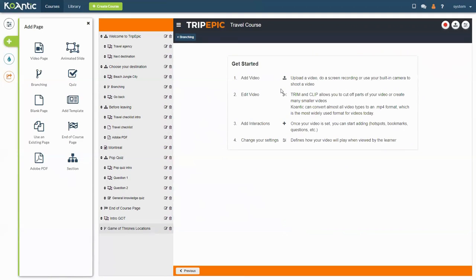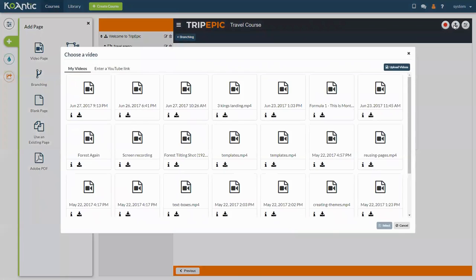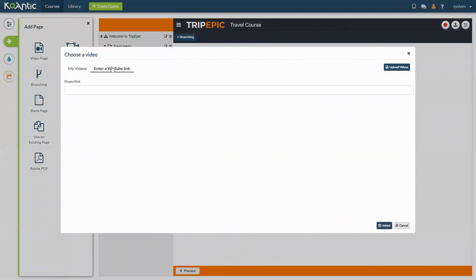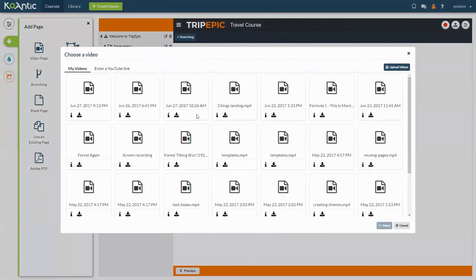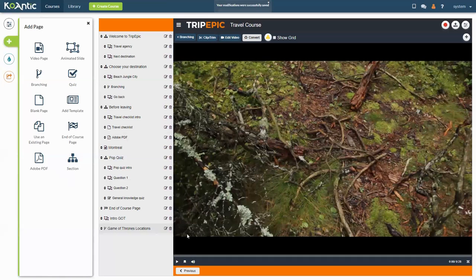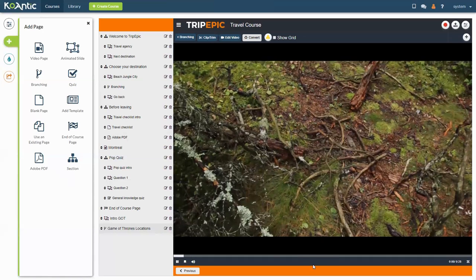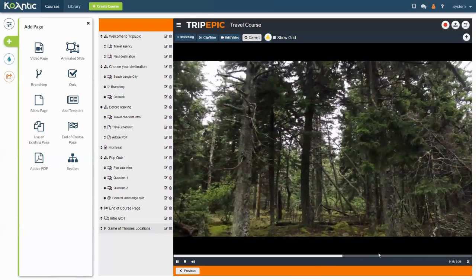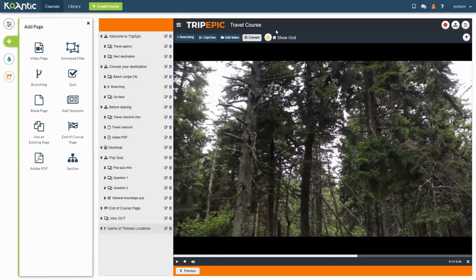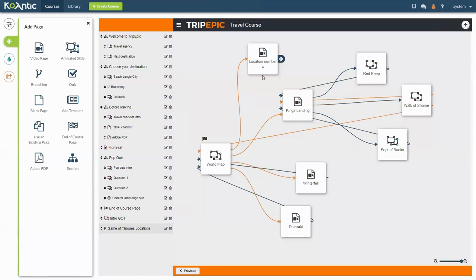And to add your video, again, you can add any type of video that you want. So I could do a screen recording if I would want. You can upload videos from your computer or your library, or you could really quickly enter a YouTube link as well. So let's say I'm just going to go grab a random video. I'll grab that one. I believe this one is a forest. You see here a forest shot. Now, if I go back in branching by clicking on this button right here,